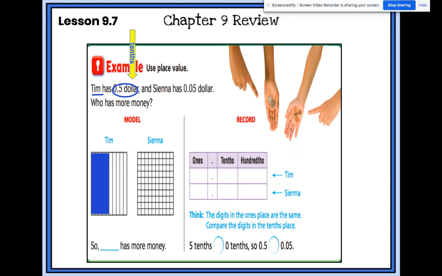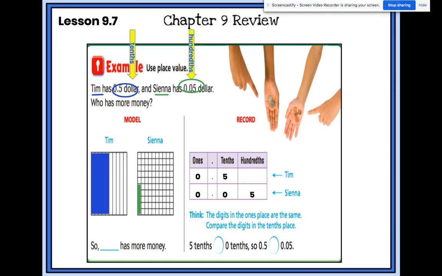And Sierra has 5/100 of a dollar, and we showed that by shading 5 out of her 100 parts in her whole. And when we recorded it, we had 0 ones, 0 tenths, and